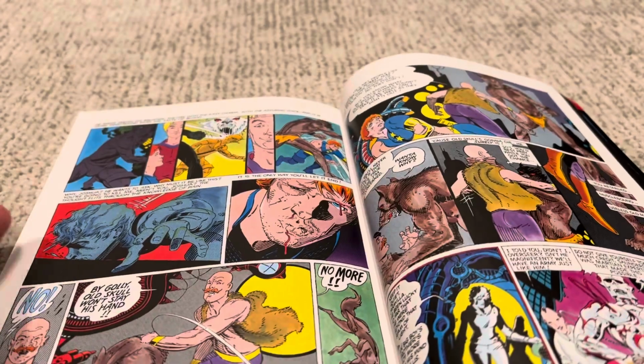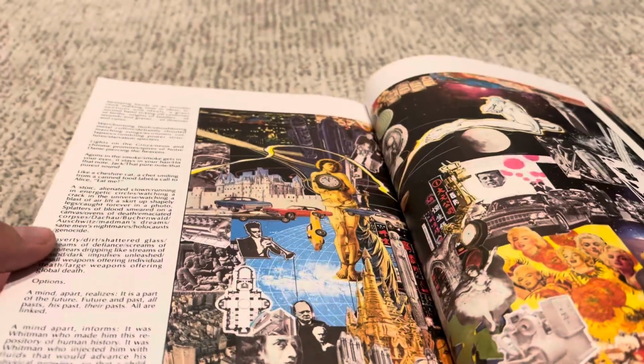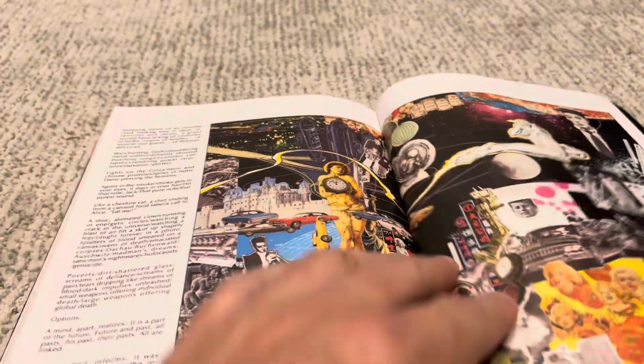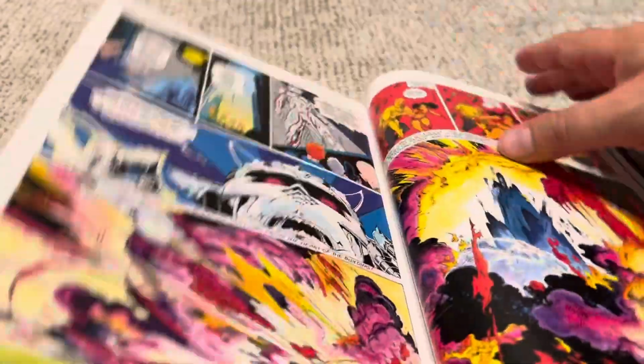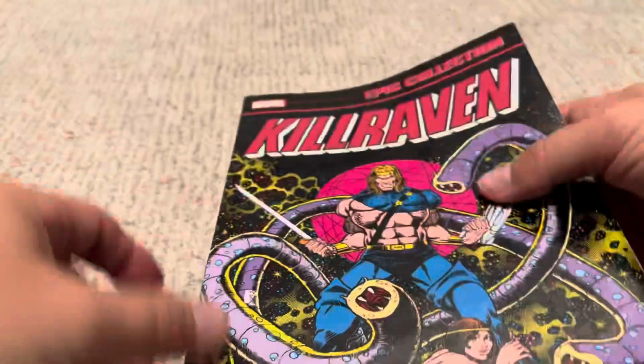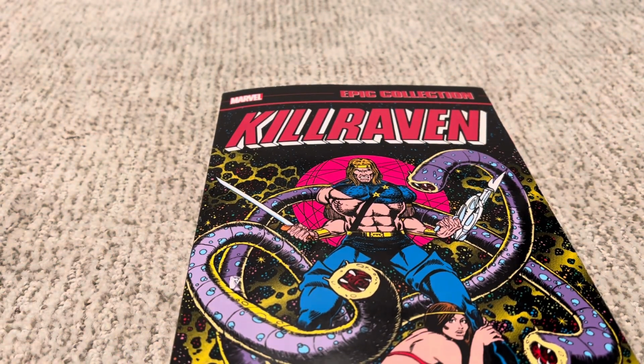It's not as bad as the issues were before. It feels like there's a little bit of a completion, but here's this again. Pretty cool artsy thing here. And it blows up, and that kind of ends the storyline. So that's that. I really wanted to see a build of a real resistance, and a real sort of